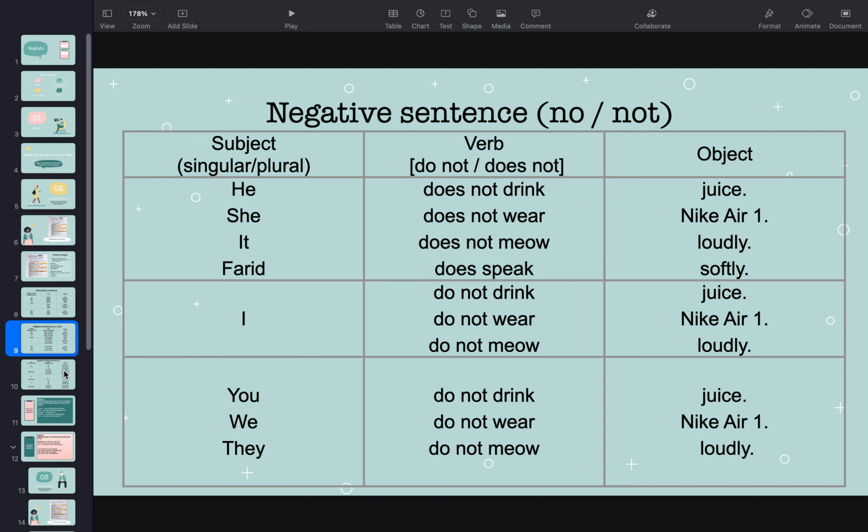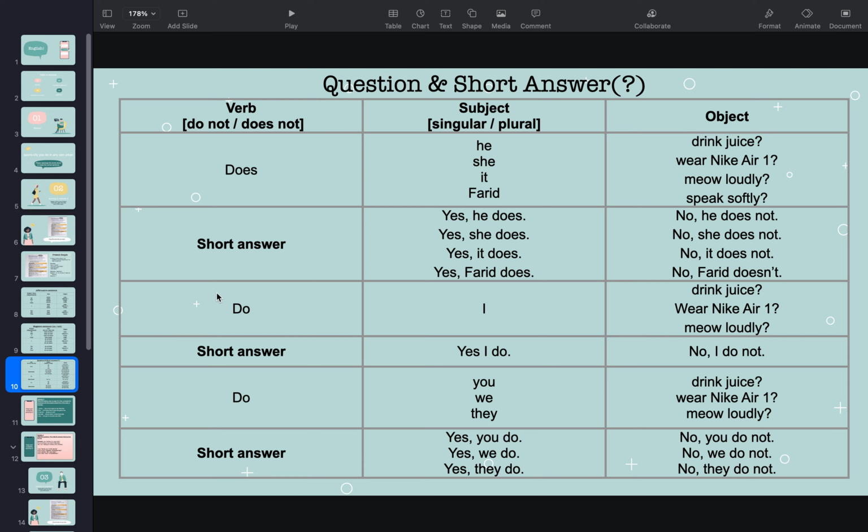Alright, now let's check out the last part, the question and short answer. Question itu soalan dan juga short answer, soalan dan jawapan. Okay, dah ada soalan, mesti ada jawapan. Alright, tengok, the location is different now. If you want to ask question, you must put the verb first and then followed by the subject and then the action or the object. Okay, untuk tanya soalan, kamu kena